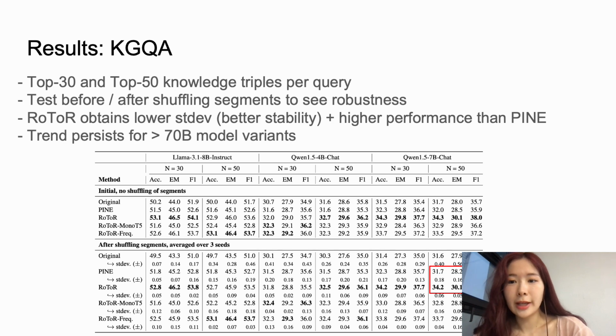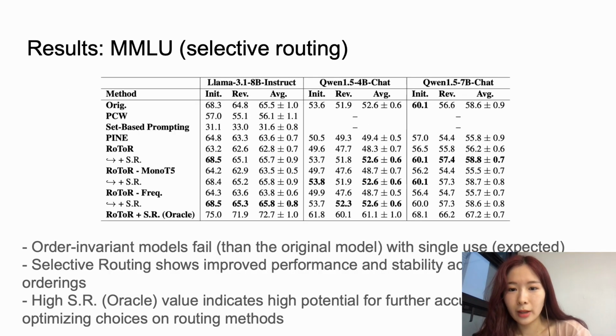On results on the KGQA with 50 retrieved triples, RoToR improves F1 over Pine by 2.3 points on Qwen 7 billion and halves the standard deviation after shuffling segments. Gains persist across model sizes. For MMLU, RoToR alone scores lower than the original because some prompts are order sensitive. However, RoToR with selective routing restores accuracy to 68.5% on Llama 8 billion, matching the original while maintaining invariance over